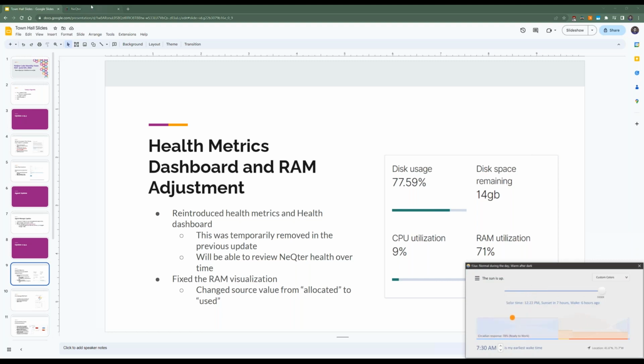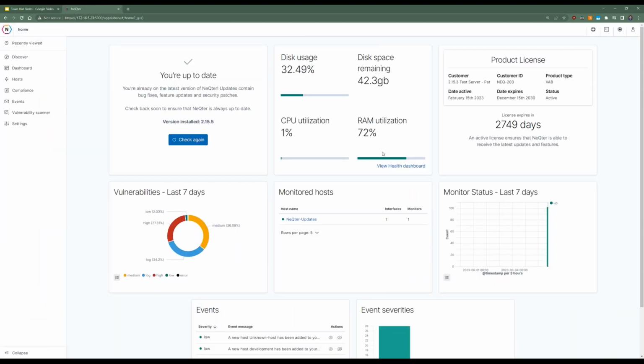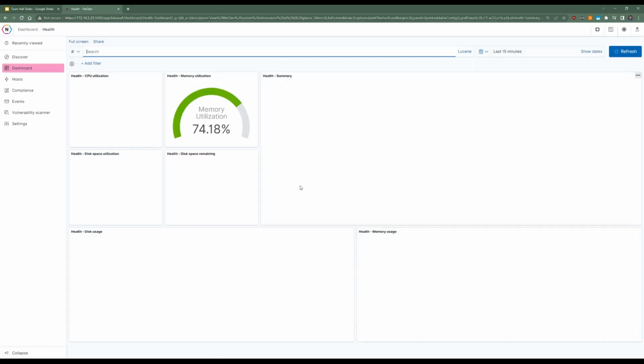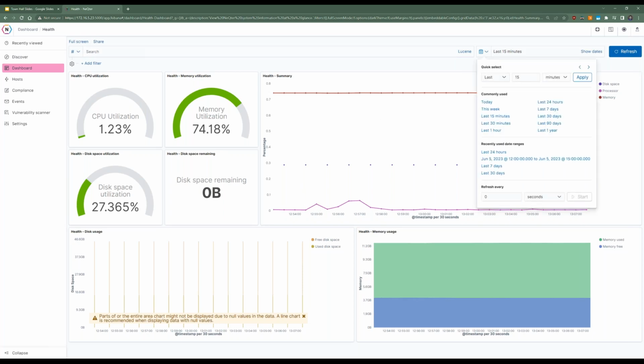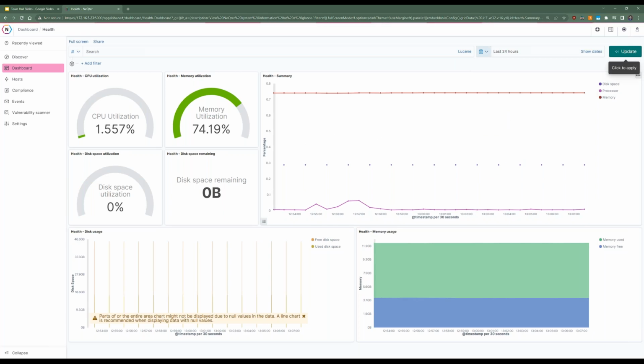So with the health dashboard, we actually added a couple other things to the main homepage, and I'll be reviewing those shortly. But basically, this is the metrics indicator of your own NeQter server, outlining usage and CPU and RAM. We added in the health dashboard so you can see a history of your utilizations or different capacities or different things that are happening